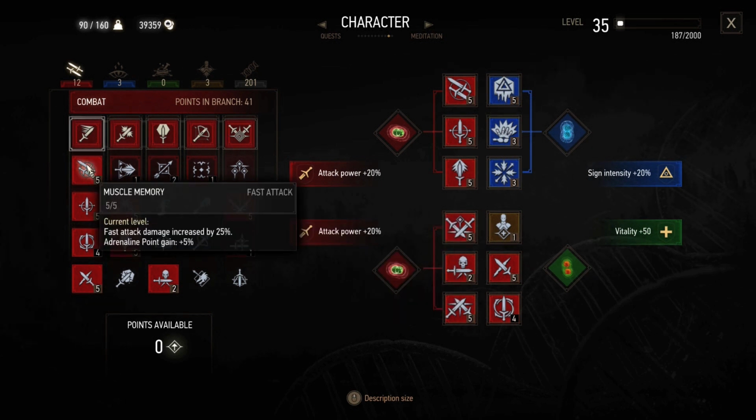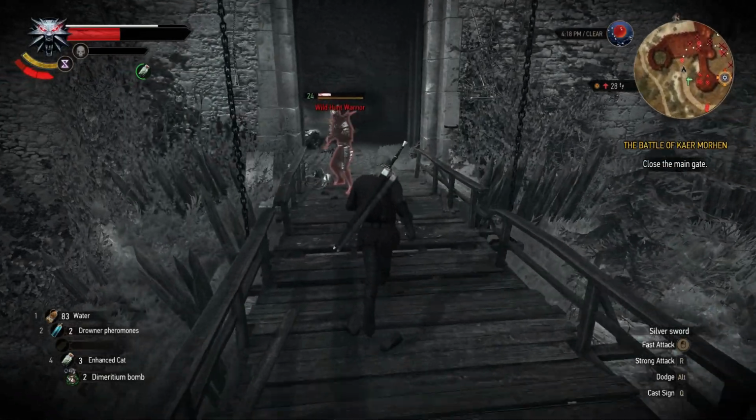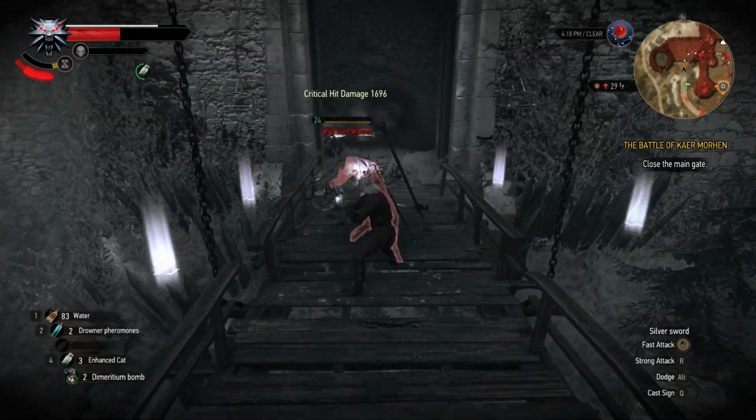Another good one is Muscle Memory, which increases the damage done by your fast attack. I upgraded this one as one of my first upgrades, and as you can see it has 5 levels to upgrade. So you can do all 5 right away. In fact, you can do 5 of the 8 that you need to go to that next tier just by